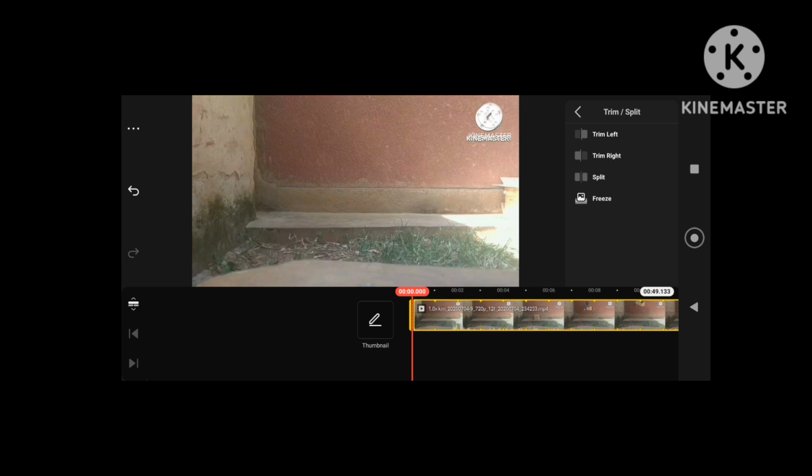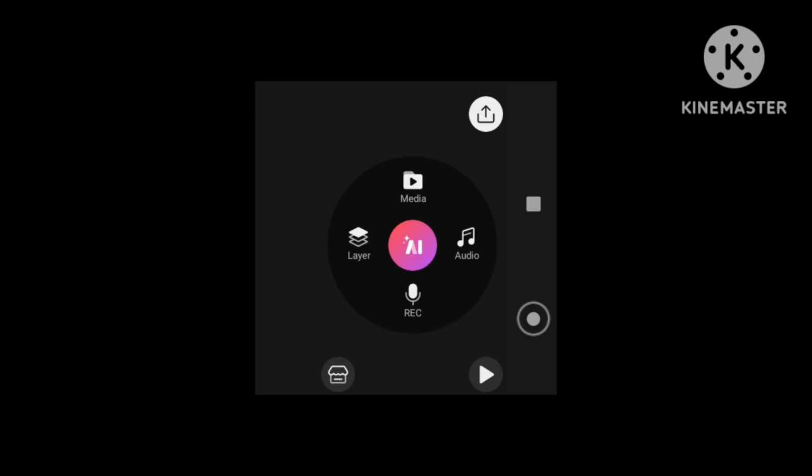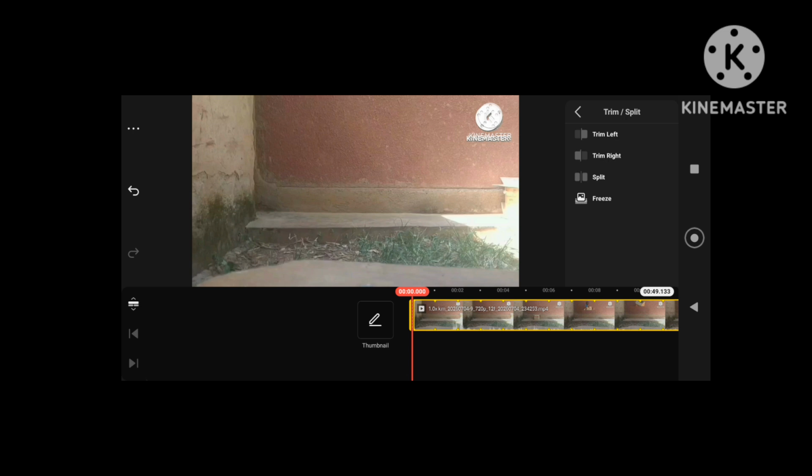The easier way to explain this is that you can see this media wheel here. You go on the layer, add layer. When you add a layer, it will automatically open the top track on the main editing area, on the main editing dashboard.